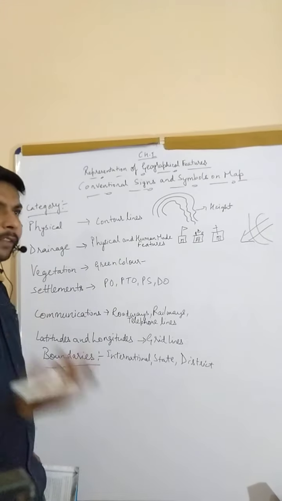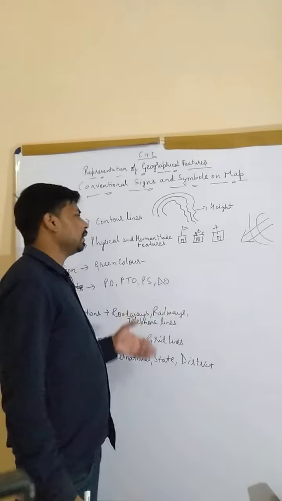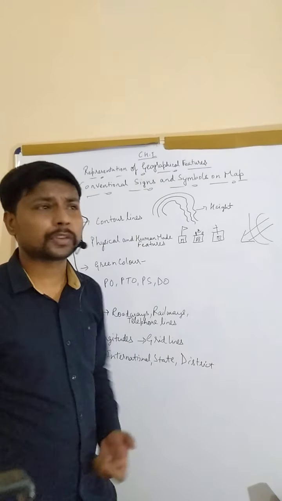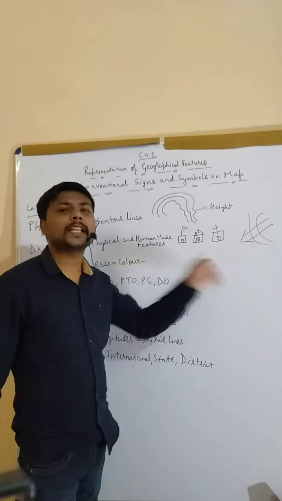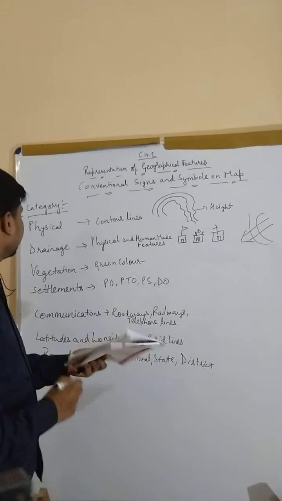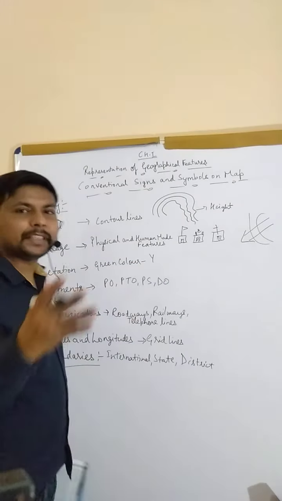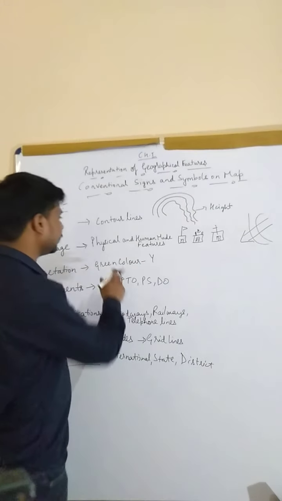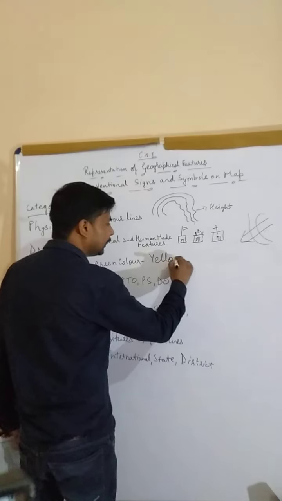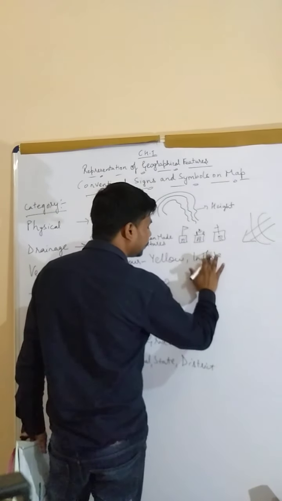Yes, we have some land which is farmland, and if at a place there is nothing there, no vegetation, it is a stony place and of no use, then that place is shown with the yellow color. So those were the signs and symbols that we are using, and the vegetation symbol is used with green color. Green color means having vegetation, trees, and all those things. Yellow means farmlands, and white color they will use for what?